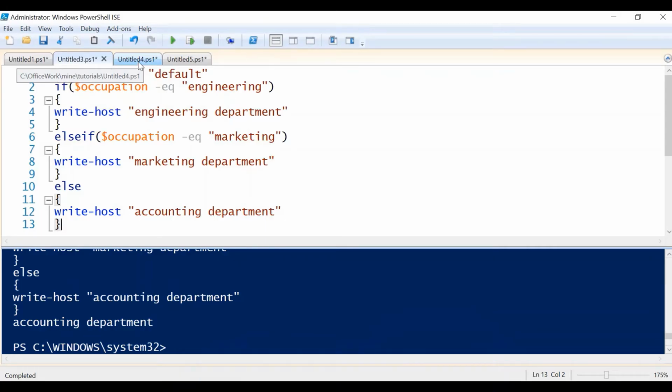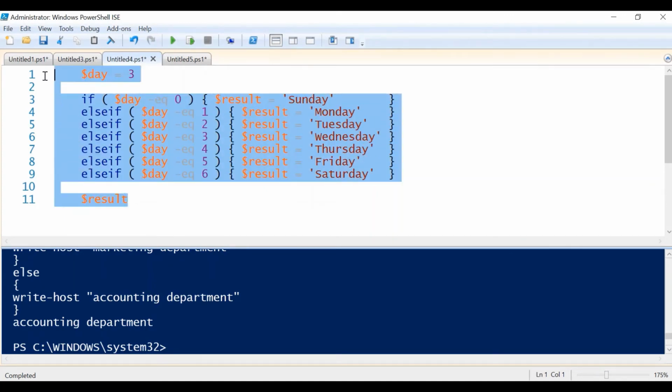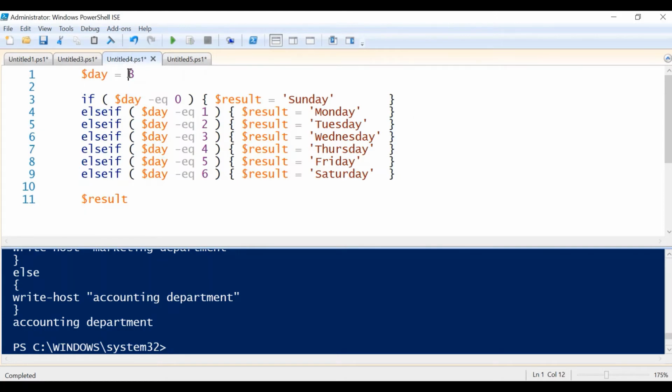So before showing you an example of the switch statement, let me show you an example of multiple else if statements. Whatever condition evaluates to true, some value will be assigned to the result variable.